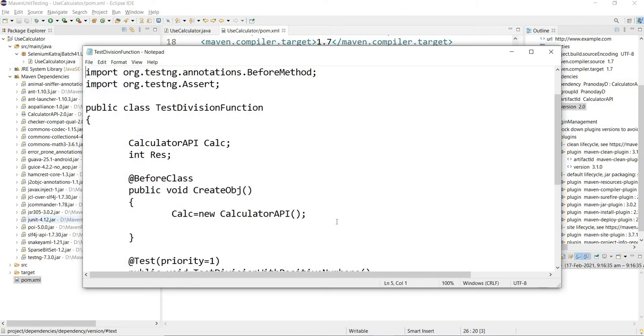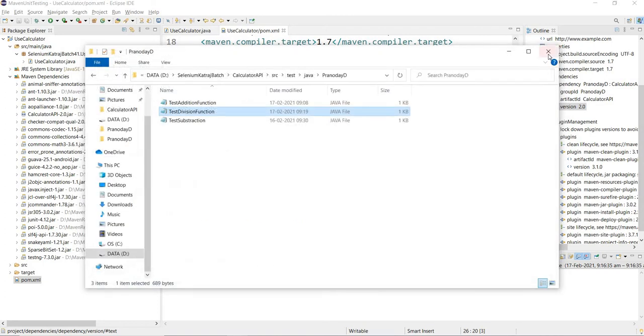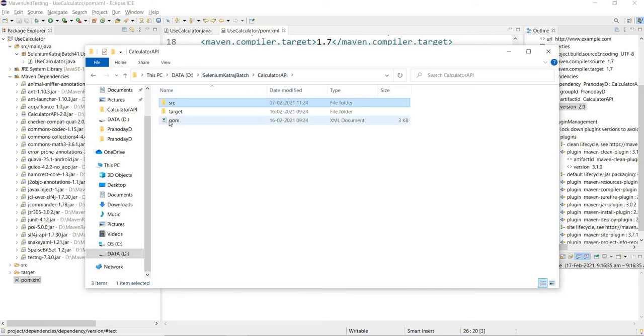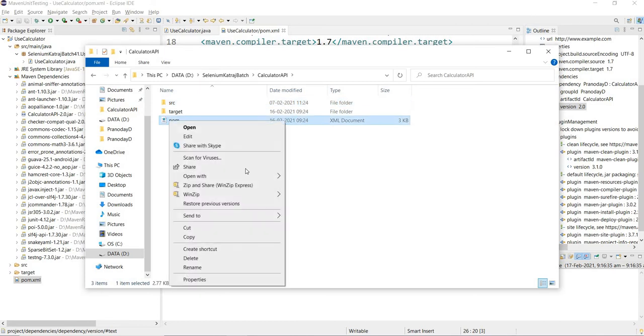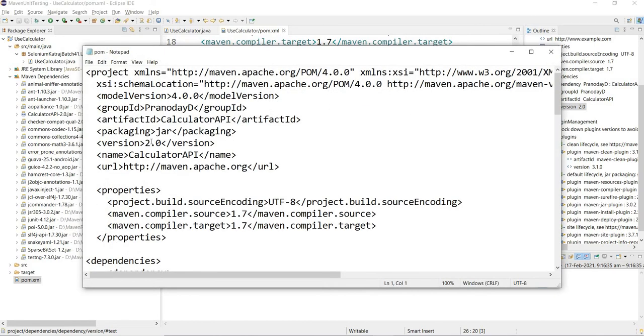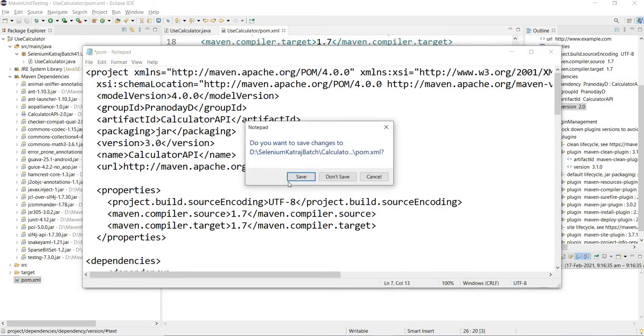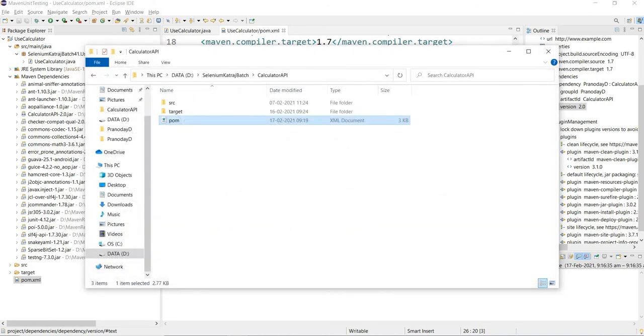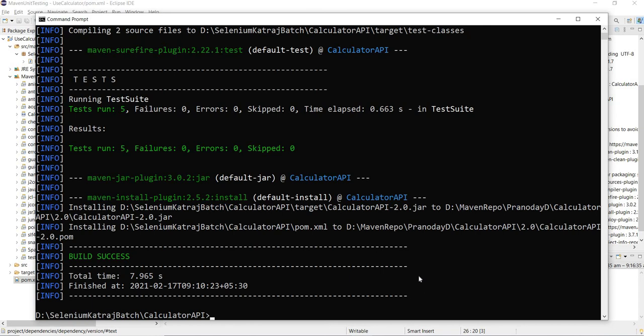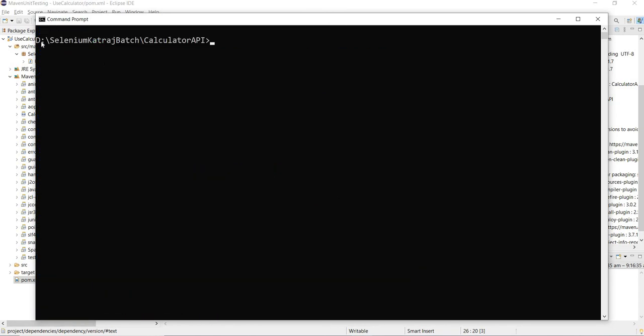So I'll save it, and now I will do a release. As a developer, I will do a release now. Okay, calculator API project. So I'll go to the POM XML of my calculator API project here. I will change the version now. I am releasing version 3 now. Okay, version 3. I have changed it in the POM of the calculator API. I will come to the command prompt. I am managing the release of my calculator API from the command prompt, and the user project we are doing from Eclipse, right?